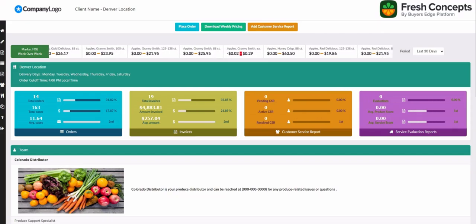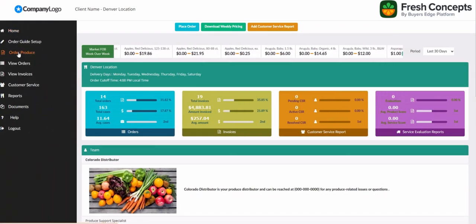In this video, I'm going to show you how to place an order using the back office system. There are two primary ways to place orders. The first is by using the Place Order button, which is on the main page. The second is to navigate through the menu, which is on the far left of the screen, and you would